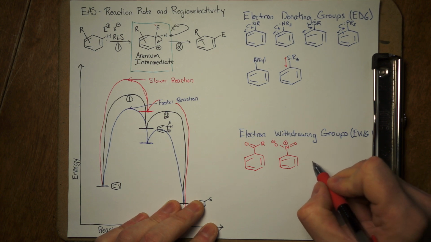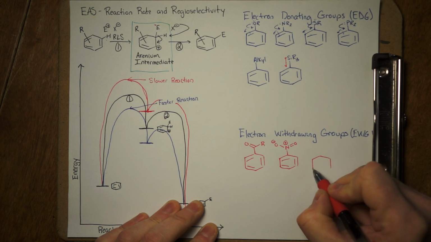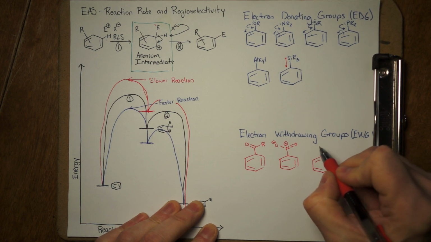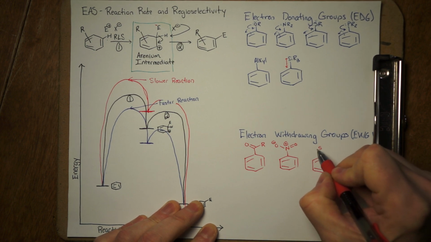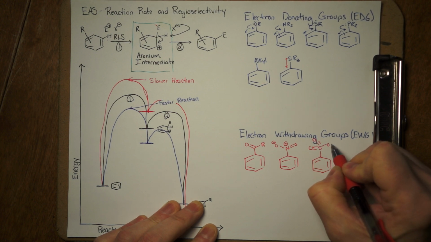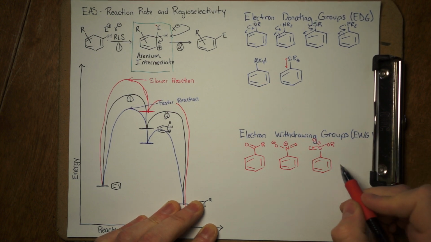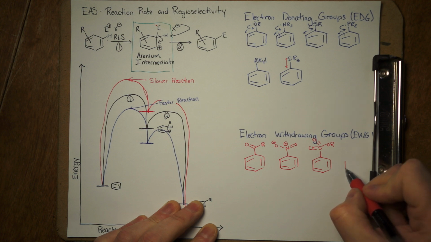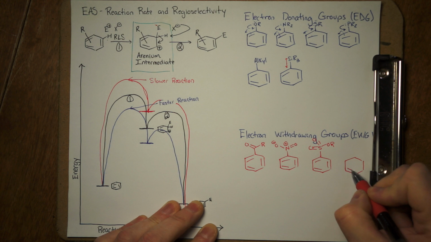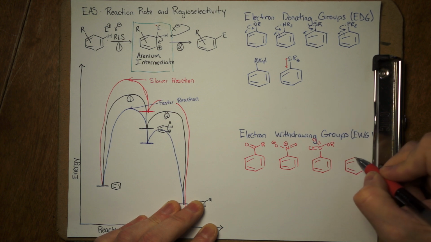Let's see, the sulfonate group. We're learning how to make sulfonic acids in this chapter. Those are electron withdrawing. And then we can also look at cyano groups or aryl nitriles